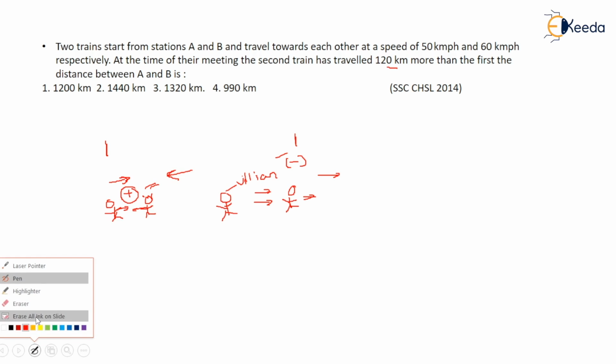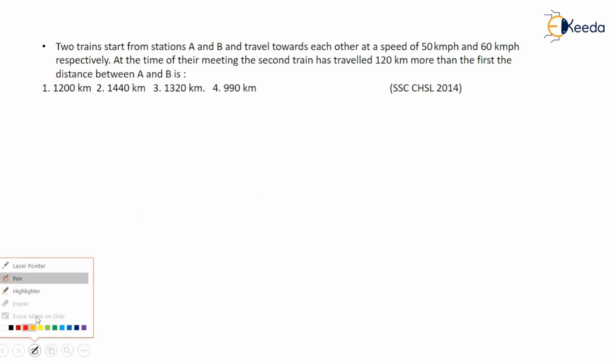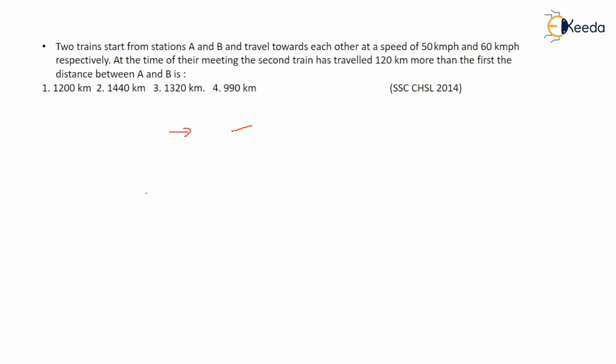So on the basis of it, let's solve this question. Now both the trains are coming in opposite directions, so keep it as Raj and Simran coming towards each other. If they are coming towards each other, their speeds will be added, right? Here it is coming at 50 kilometer per hour, here it is coming at 60 kilometer per hour. So they are coming at a speed of 110 kilometer per hour.